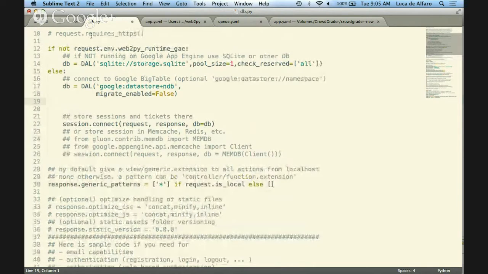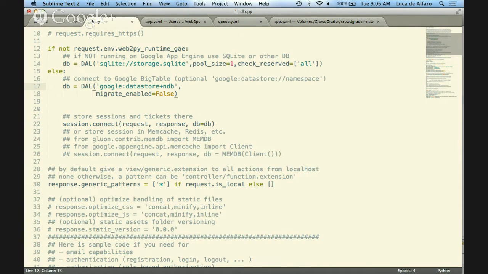It says the following: if you are not running on App Engine, use a DB that is SQLite. This is what you have been running so far. SQLite is this trial DB. If you are running on App Engine, you use the data store with the NDB interface. The NDB interface is nicer because it's faster. It uses memcache to cache the data that you read from the data store. And the difference in speed is a factor of 10 roughly. So it's 2 milliseconds to talk to memcache, and it can be 20 milliseconds to get data from the data store. So it's very convenient to use these.